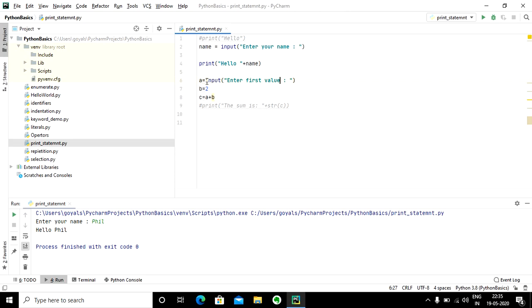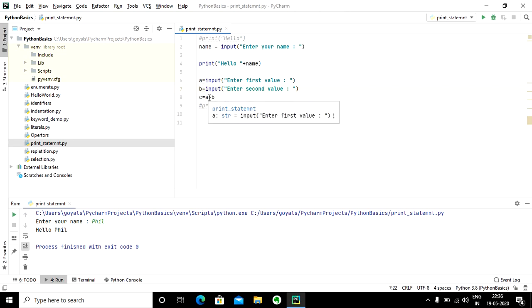Similarly, if I want to take the input in B as well, let me copy this statement from here to here and change this to second. So now it is going to ask enter the first value, then enter the second value, and then it is going to add A plus B.